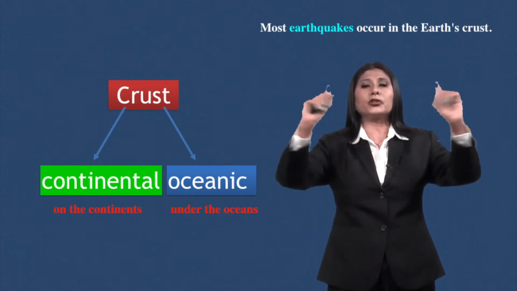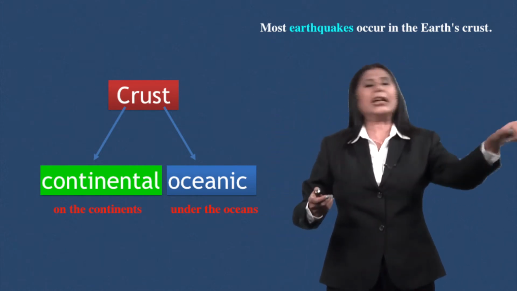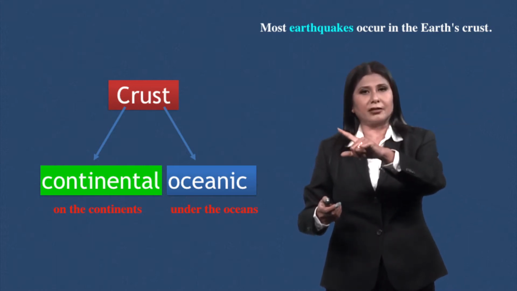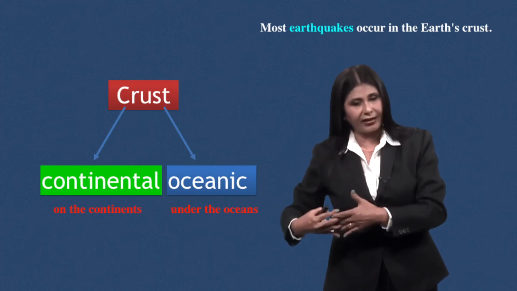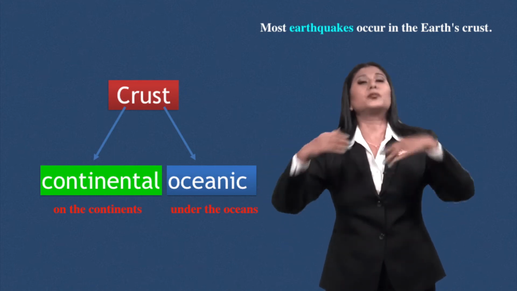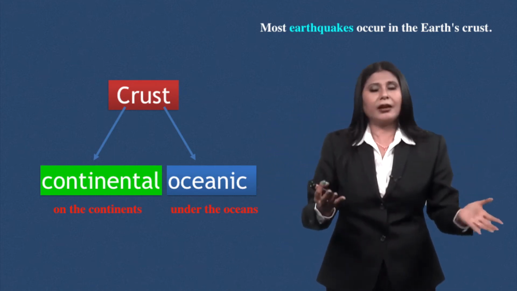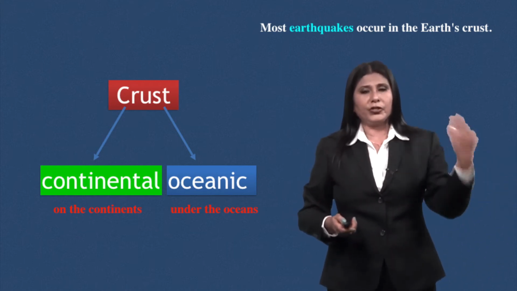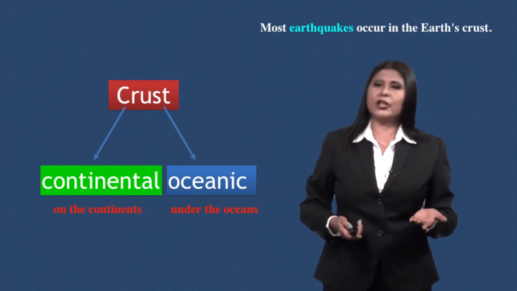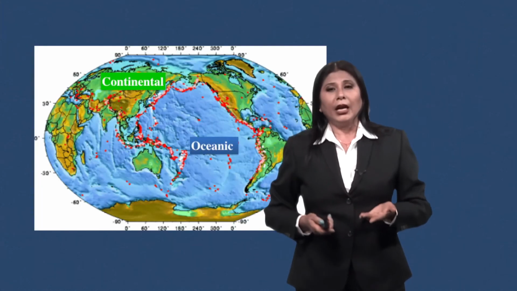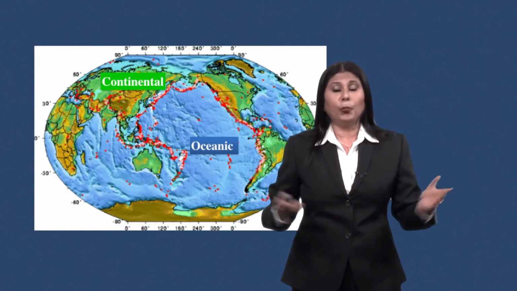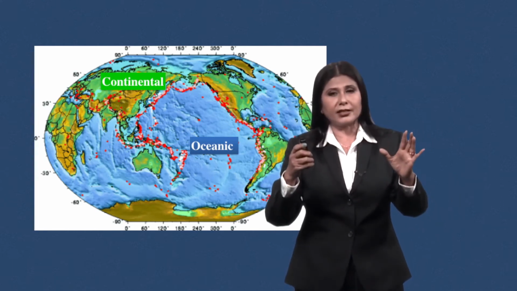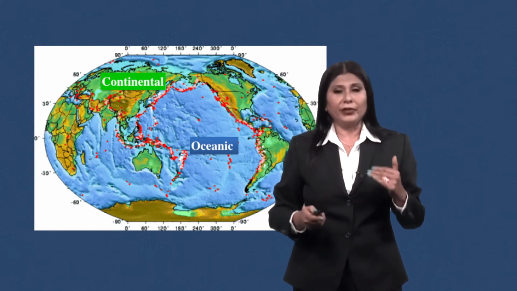Crust is composed of two: continental crust and oceanic crust. Continental crust means the crust over which continents are there, we are standing, mountains, plains, and plateaus are there. Oceanic crust is the ocean floor which is creating the ocean. So, oceanic as well as continental both together form the crust, which is a part of the lithosphere.